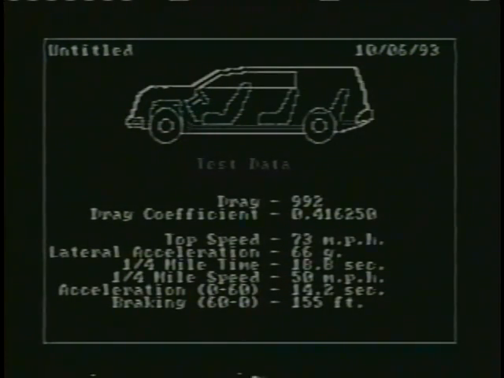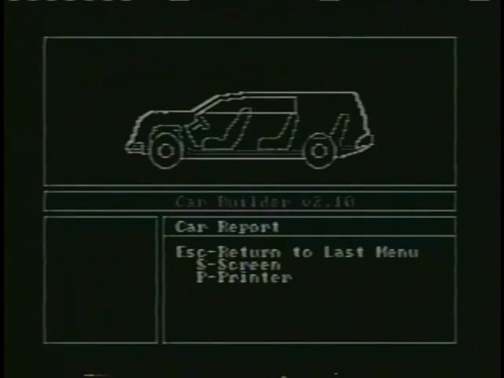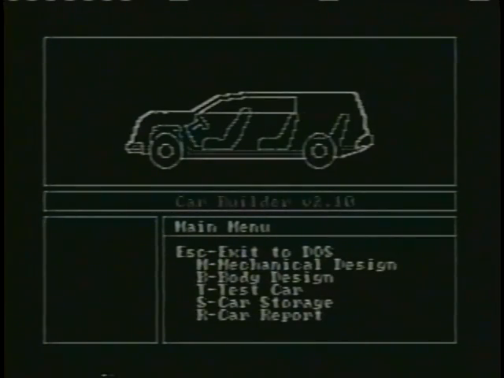And we're back into our speed testing. Let's go to escape again. And now, if we like, we can take this to P to the printer, and you'll not only get a printout of the performance of the vehicle, but you'll get a complete report on all the different components that you put in. The last thing that we'd want to do is return to the last menu, and we can go to car storage. So we push the letter S,